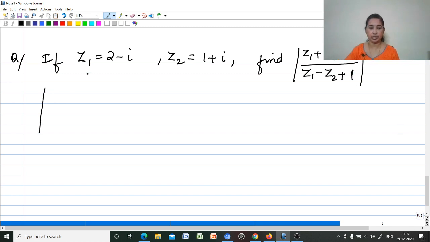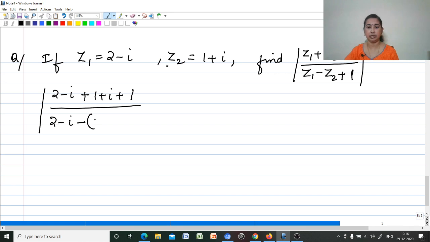Instead of Z1 it is 2 minus i, then instead of Z2 it is 1 plus i, plus 1, divided by 2 minus i, then minus, in the bracket, Z2 is 1 plus i, plus 1. That is equal to modulus: minus i and plus i getting cancelled, remaining 2 plus 1, 3 plus 1 is 4,